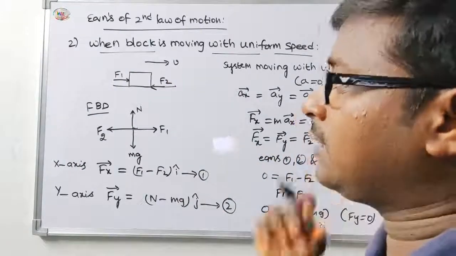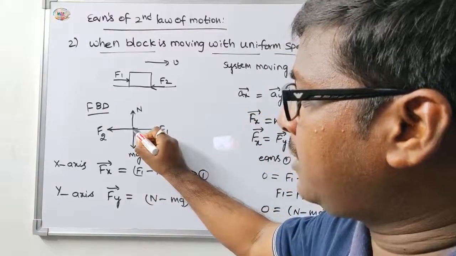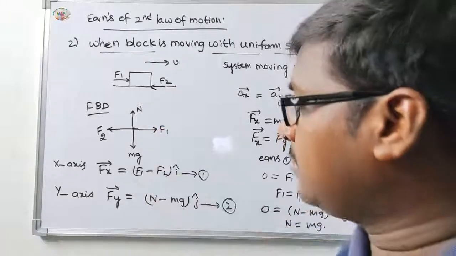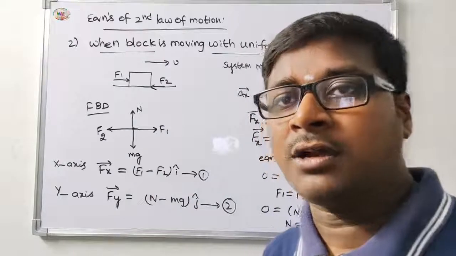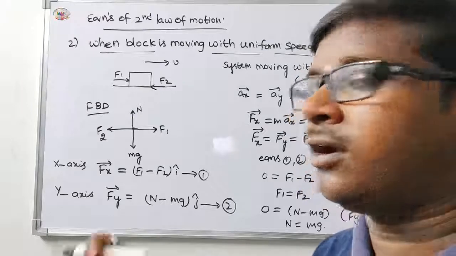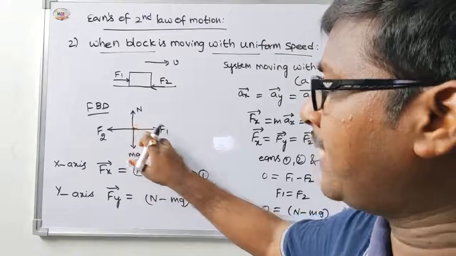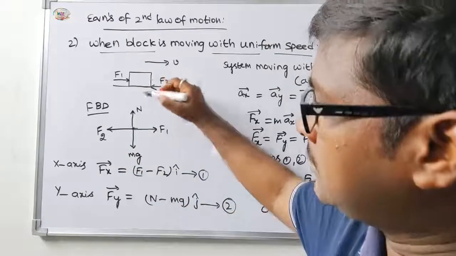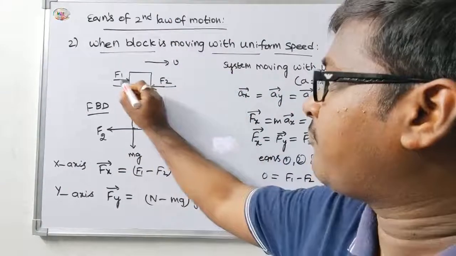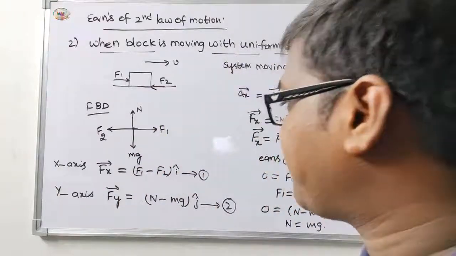First, draw the free body diagram. First identify the point object, point mass, or the system or object. The next step is to indicate the non-contact external force. The non-contact external force is the weight, that is the gravitational force, always acting vertically downward. The next step is to identify contact forces. The normal force, a component of the contact force, acts in the upward direction. F1 is acting in the forward direction. F2 is in the opposite direction of the applied force F1.